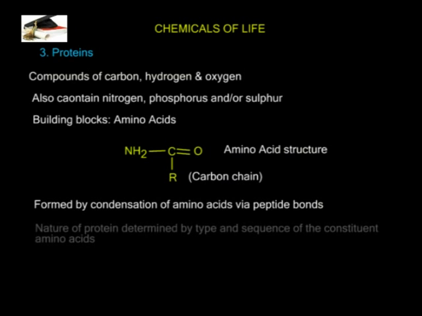The uniqueness of a particular type of protein is determined by the type and sequence of the amino acids that it contains. Theoretically, the possible number of ways in which amino acids could combine may lead to an infinite number of proteins. However, this is not usually the case since organisms possess mechanisms which control the synthesis of specific protein, and hence the number of proteins in life is much lower than is expected.